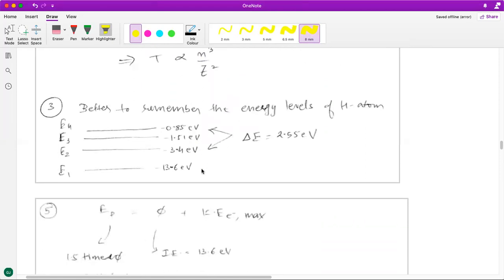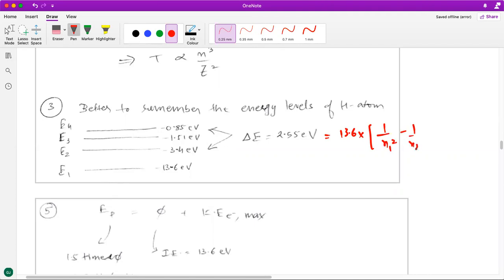Third question, yeah, it's a difficult question to solve mathematically because all you will end up with are two variables and just one equation. Right? If you try to solve it via the traditional method in which you will write the delta E is equal to 13.6 into Z square, in a hydrogen atom I have taken Z square as 1, 1 upon N1 square minus 1 upon N2 square, so you will be left with two variables and just one equation. So it is better if you remember the energy levels of hydrogen atom. You will be able to quickly figure out and tell which energy gap does this 2.55 correspond to.